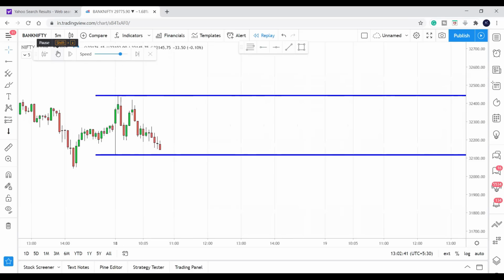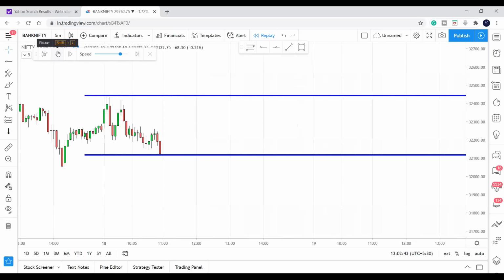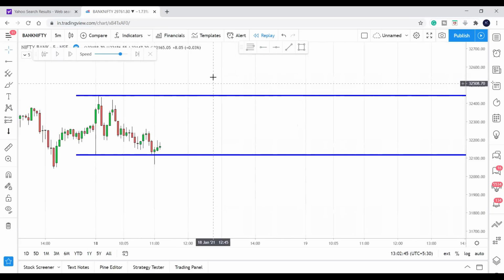Support gets broken or gets respected. Okay, support was respected, right? You can see that support was respected with a bullish pin bar. Anyway, I told you that I'm not discussing support and resistance theory where you should enter here. I'm not discussing that strategy of entering at the support. I'm discussing that once support or resistance is broken, you should re-enter.